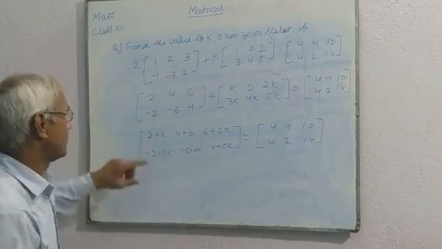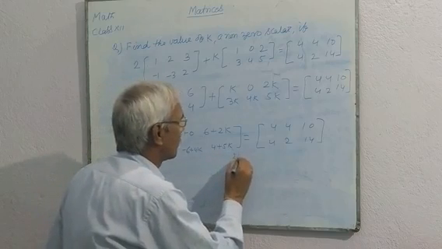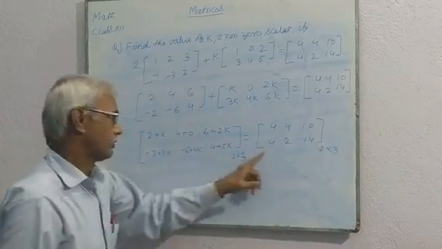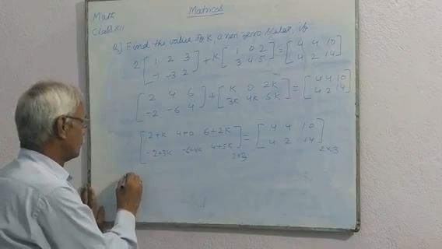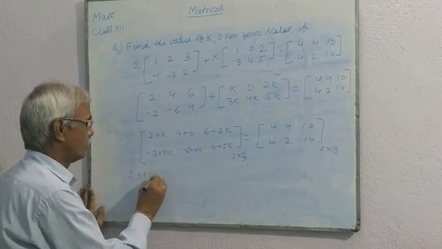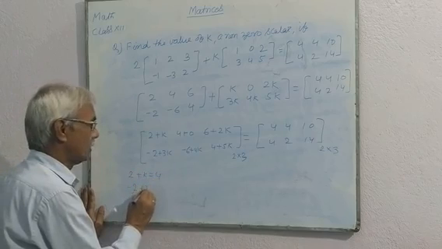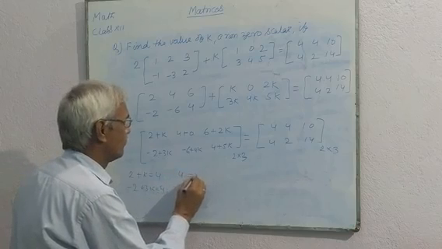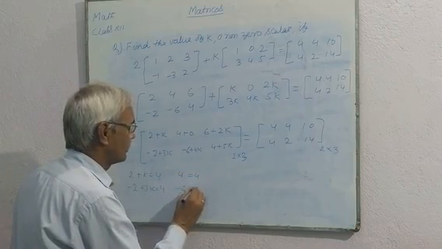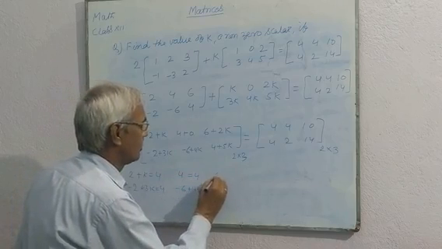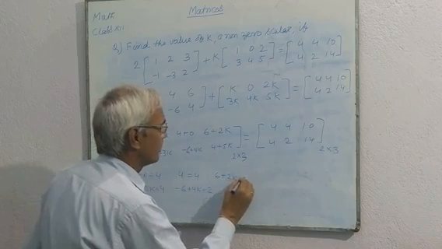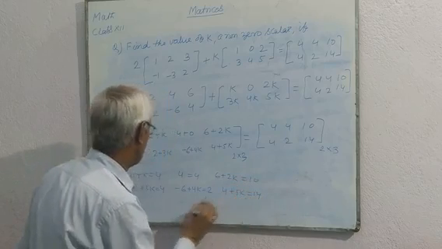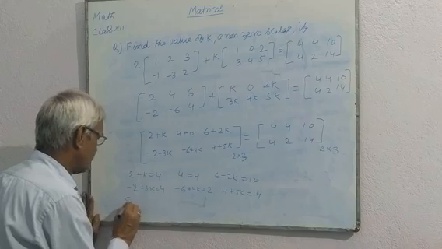Both matrices are of order 2 by 3 and are equal, therefore 2 plus k equals 4, 4 equals 4, 6 plus 2k equals 10, minus 2 plus 3k equals 4, minus 6 plus 4k equals 2, 4 plus 5k equals 14. Solving any equation,